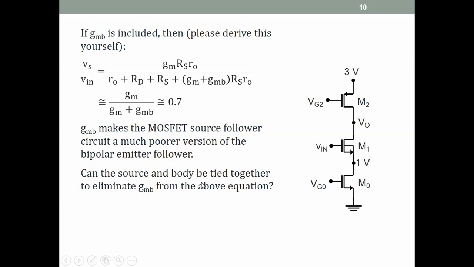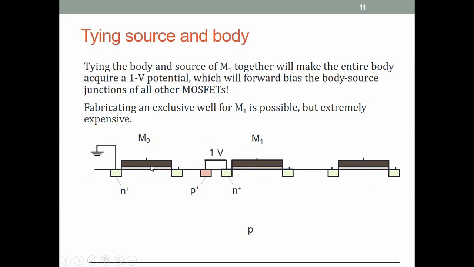So let us look at this from a layout perspective, and for that reason I have drawn these 3 transistors. So let us say that we have designed this circuit and we short the body to the source, and we did a DC analysis, and it turned out that the source voltage was 1 volt, just some value, it doesn't really matter, but I wanted this to be let's say 1 volt. So if we were to lay this out on a chip, we'll have the 3 MOSFETs, M0, M1, M2,